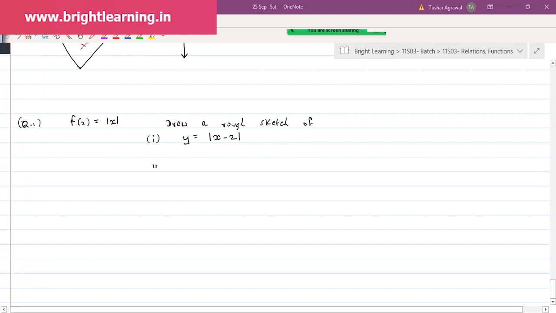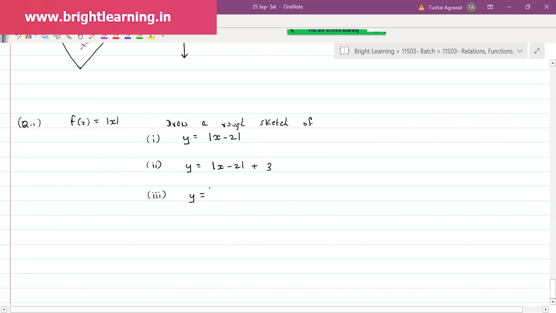You will be able to do this. Yes, sir, it's very easy. Okay. Then draw the rough sketch of modulus of x minus 2, plus 3. Yes, sir, this is also easy, I think. So I suppose you should be able to do this. If you are able to do the second question also,